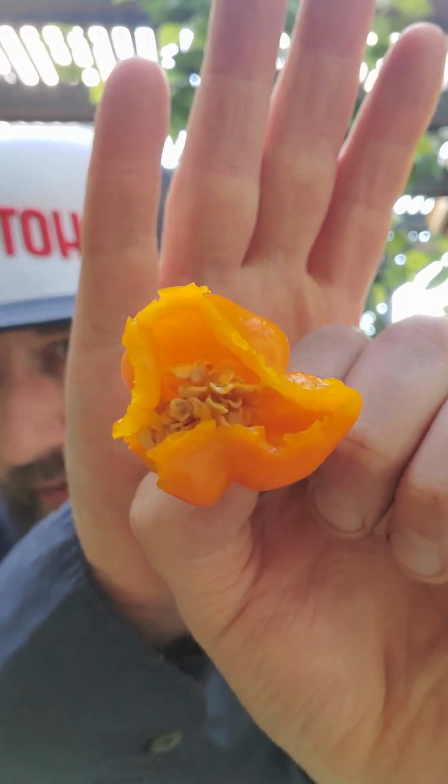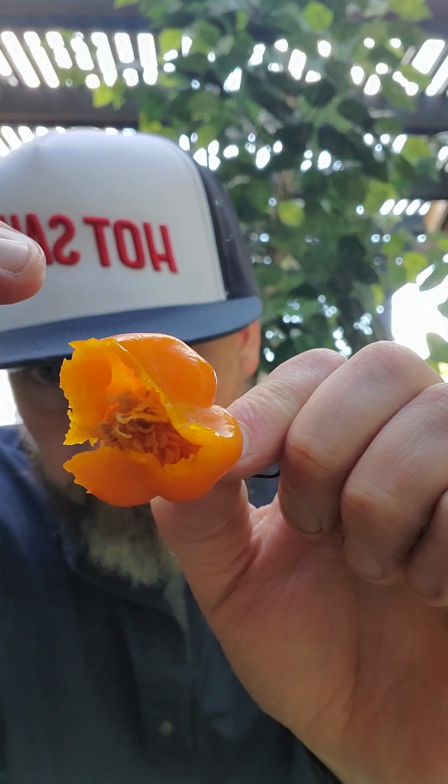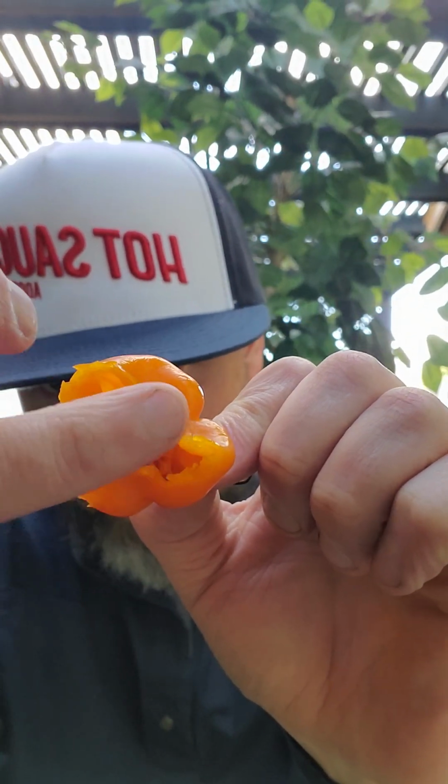Now, I can see oils in the pepper, but also it's a really juicy pepper in terms of the flesh of this pepper. And you can see it's a really thick walled pepper. I mean, you can see out here how thick that is. That's also containing some moisture. And when I say juicy,